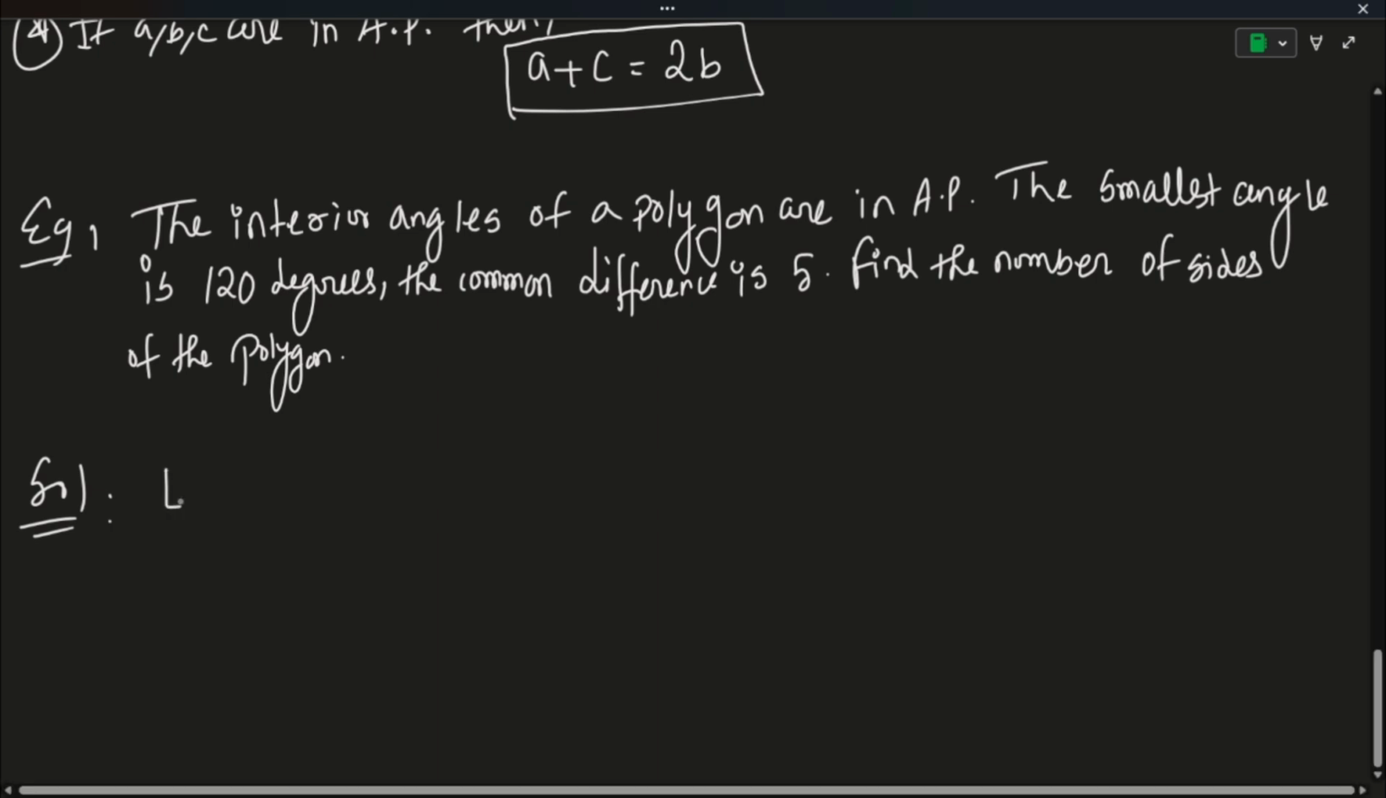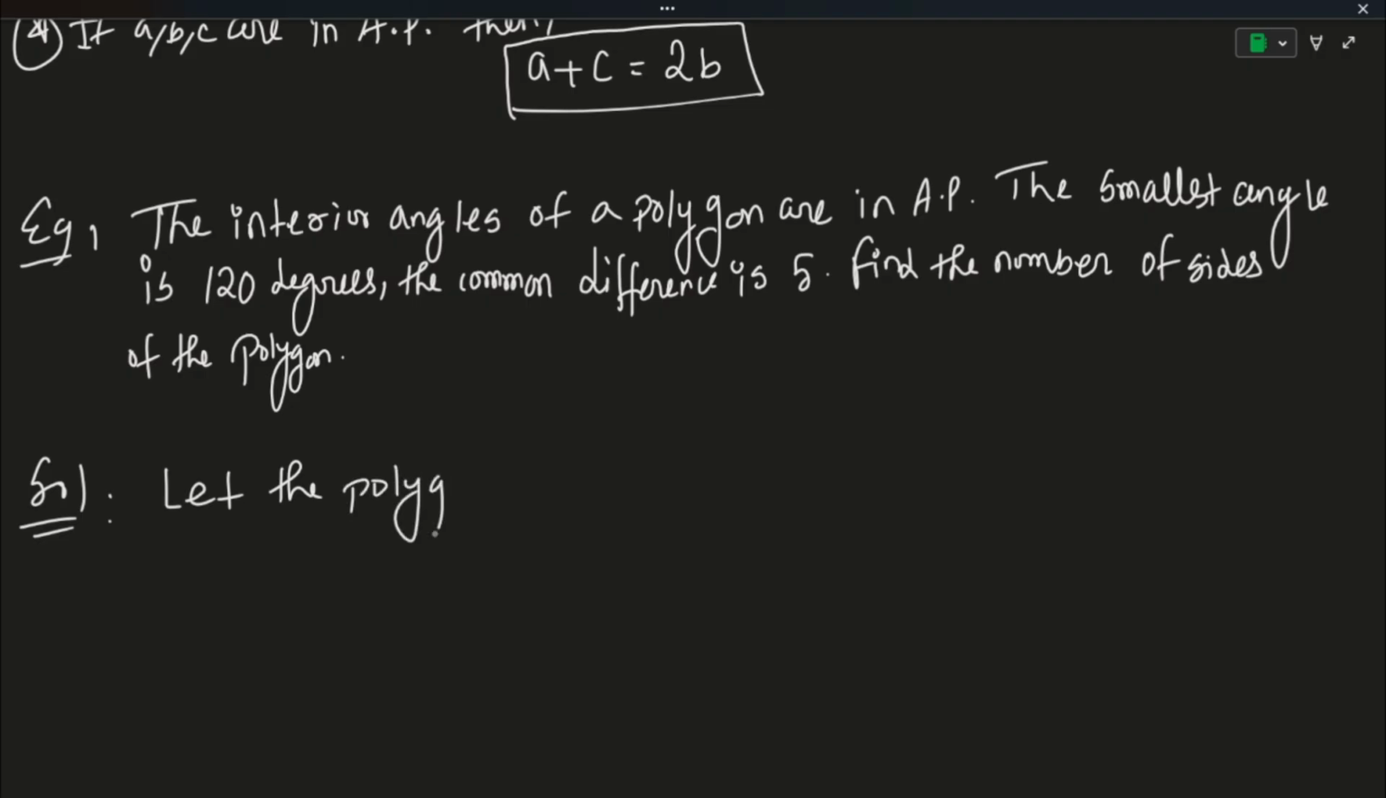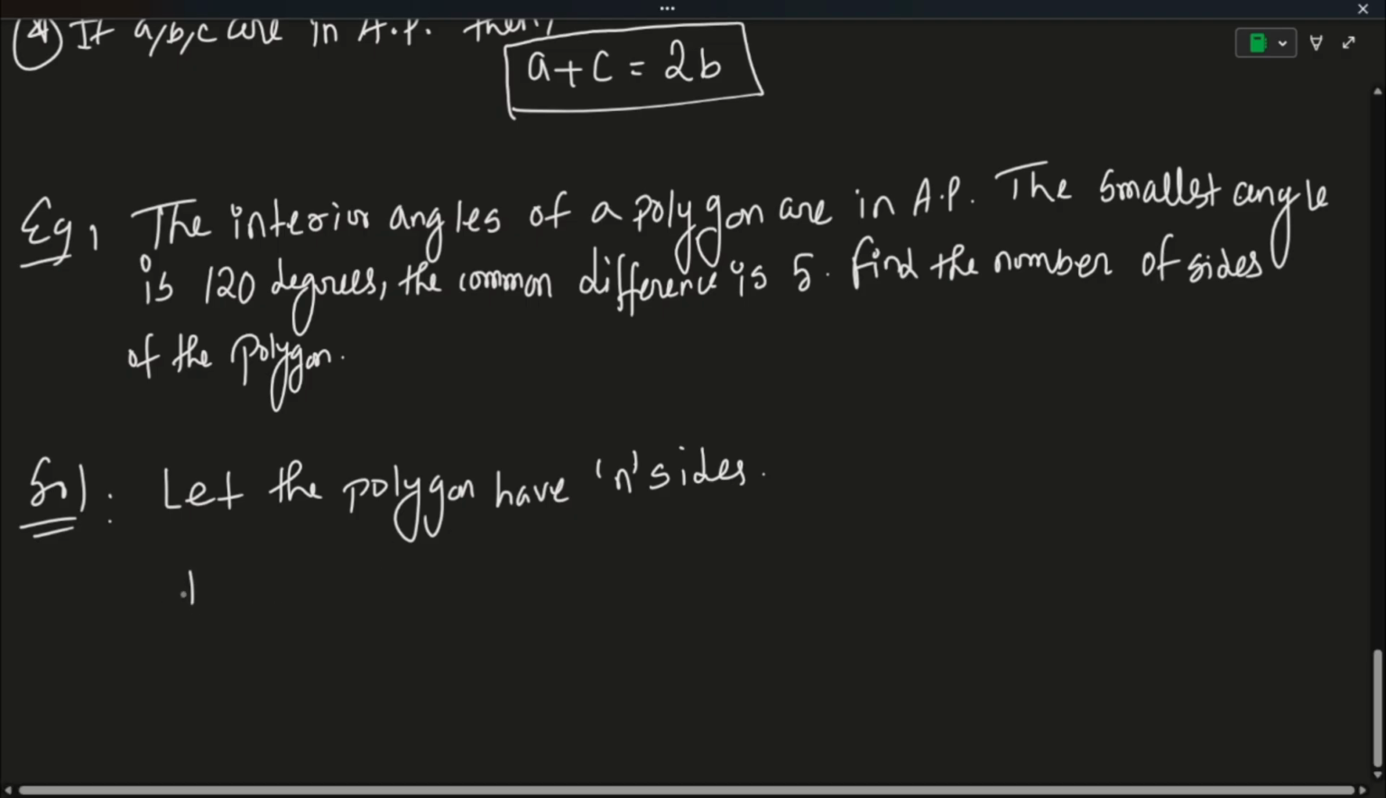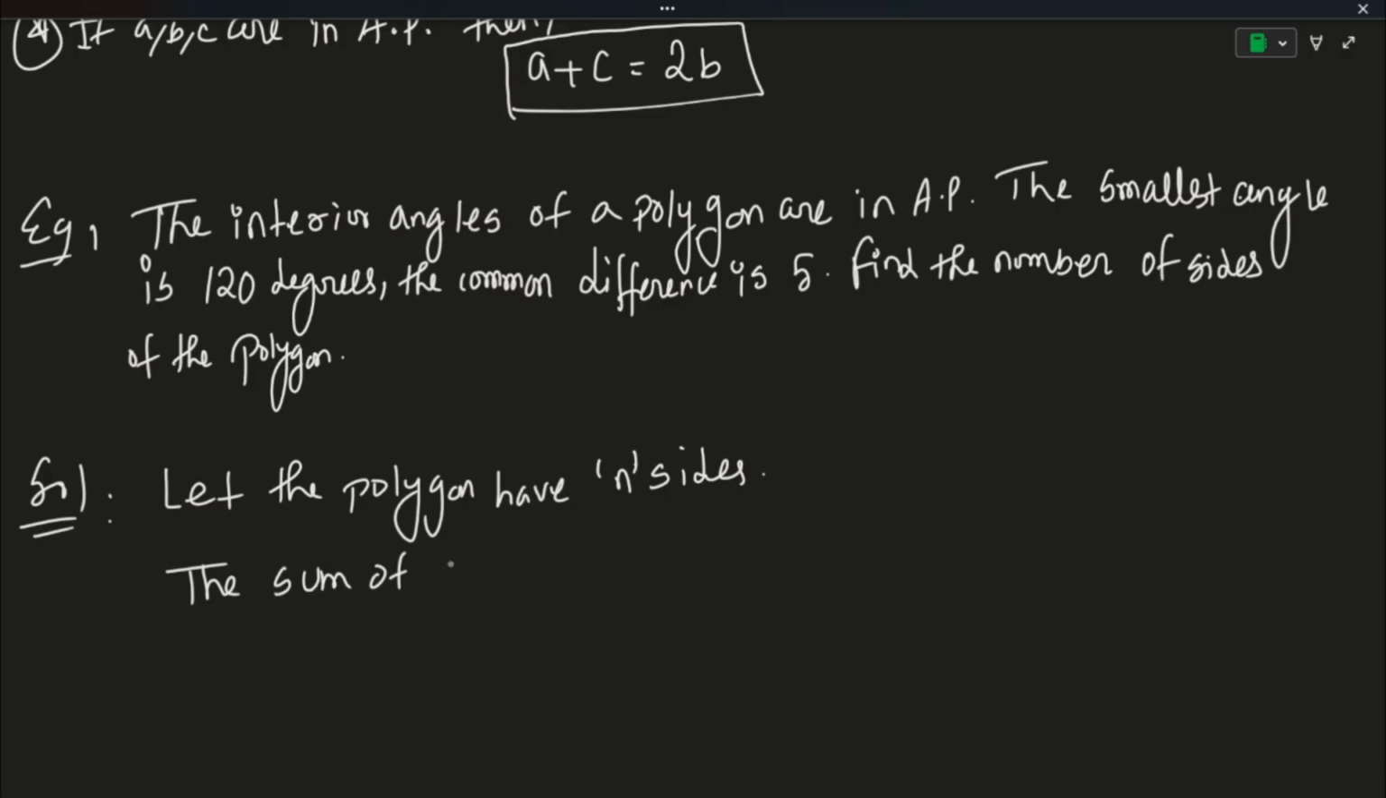In order to solve this, we will first assume that the polygon has n sides. And these n sides that I have in the polygon, we will first find out the sum of all its interior angles. The sum of all its interior angles is given by